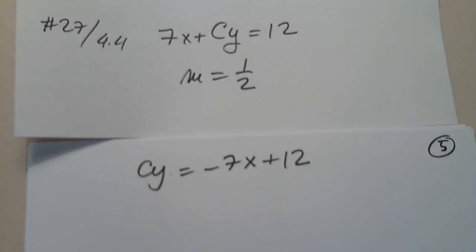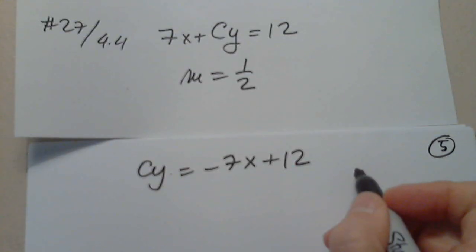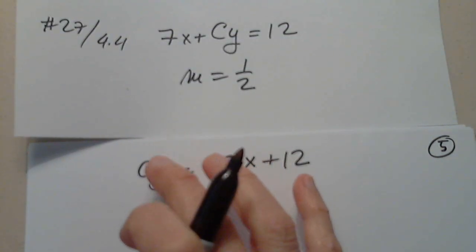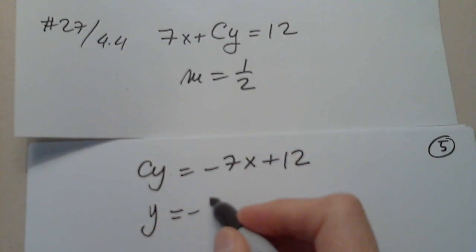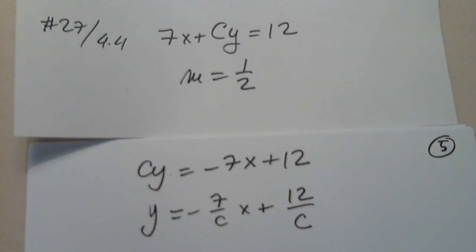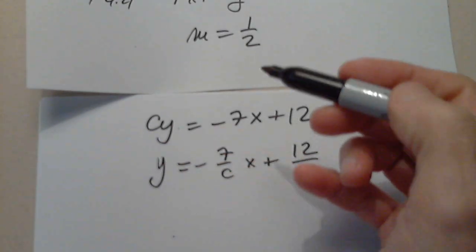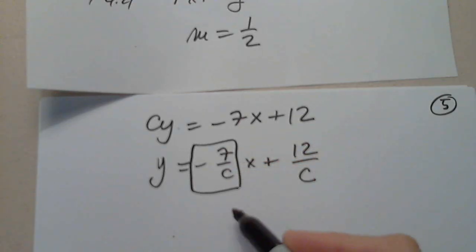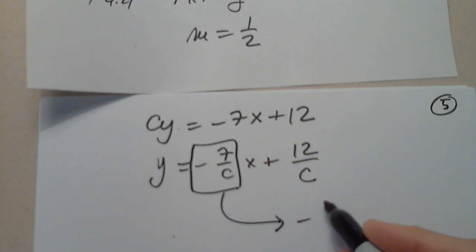Divide by c. Indeed. Please do not write a fraction line. No, we have to divide term by term. This divided by c, this divided by c, and this divided by c. They're telling us that the slope has to be 1/2. So this negative 7c over c must equal